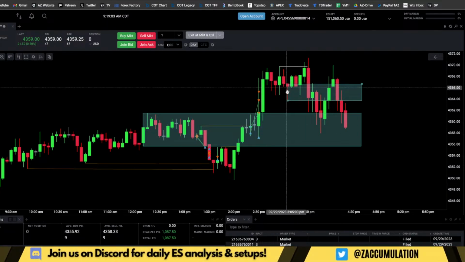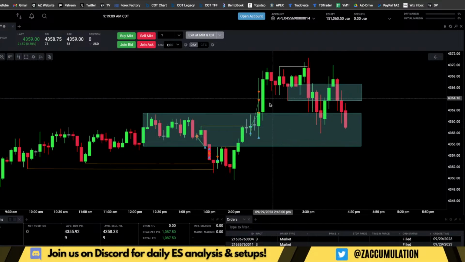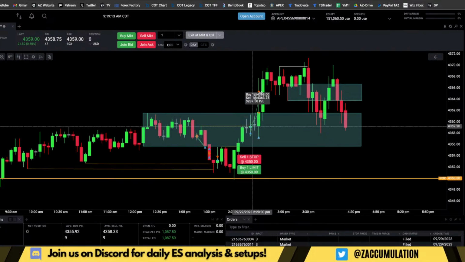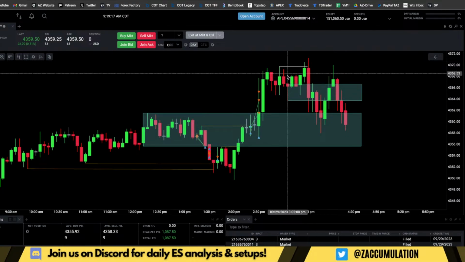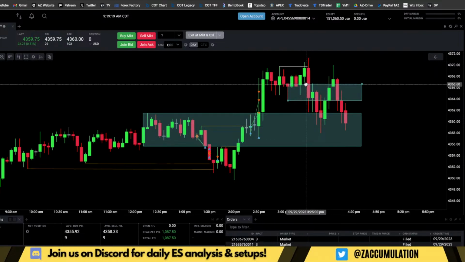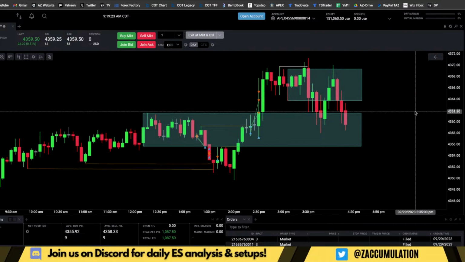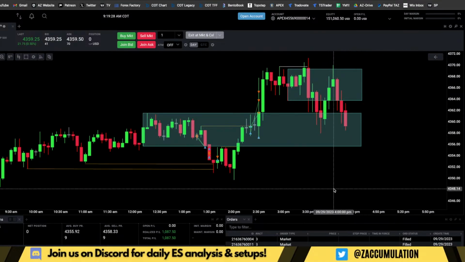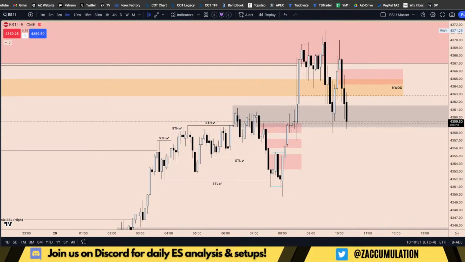Right now we're stuck between two PD arrays. We had this 5-minute bearish market structure shift at the high of the day. Here we had this 15-minute bullish market structure shift, or also 5. So we have a breaker block right here and a breaker block right here, between two PD arrays, the sandwich. We talked about that already. We could continue lower, we could continue higher. And then we also have this